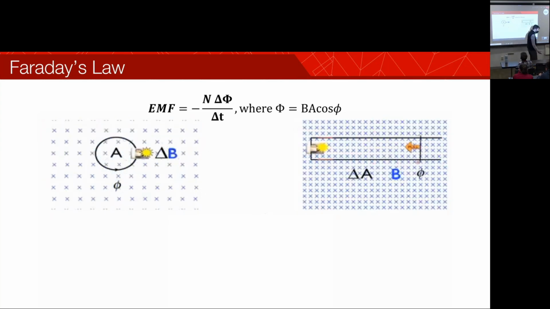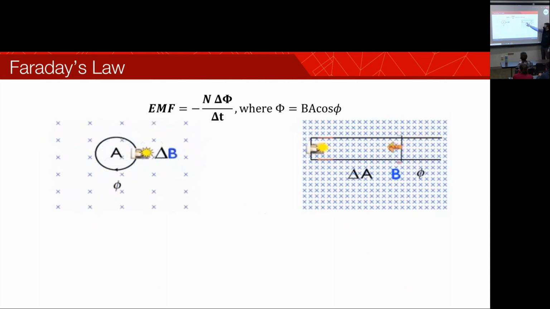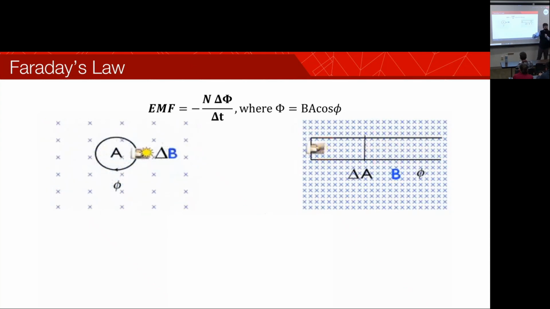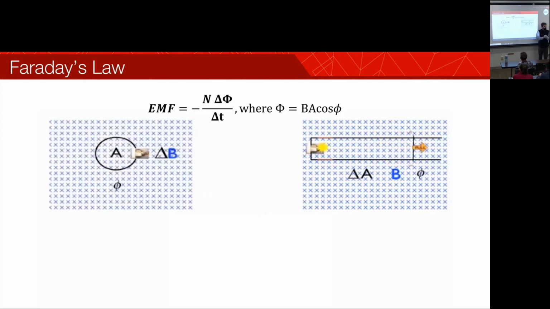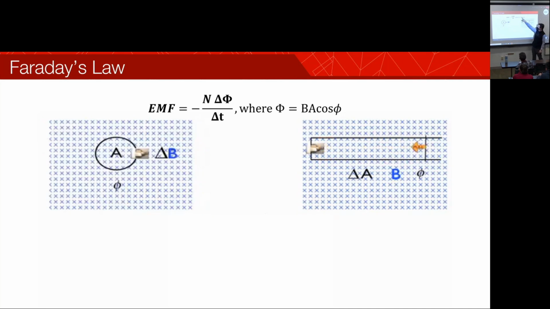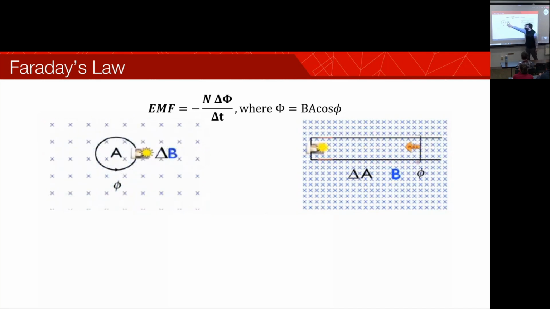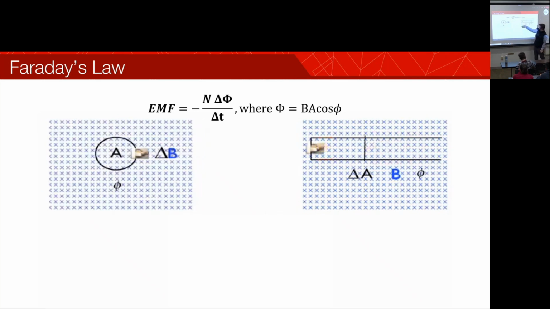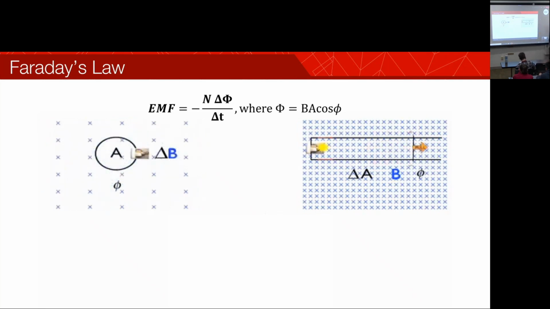The other way that we can do it is we can change the area inside of this loop. We can essentially stretch the loop bigger and make the loop smaller. So we're essentially changing this A term. Here, we're changing the B term. Here, we're changing the A term. And then the most exciting thing,